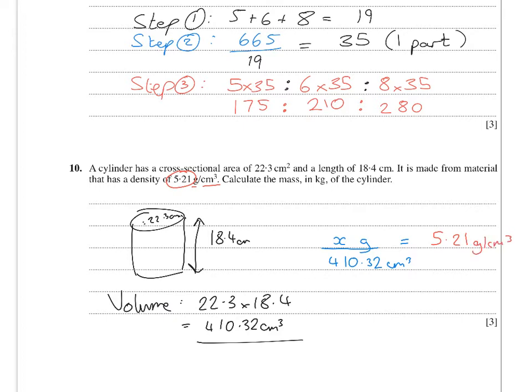Okay, now forget about the units, this is more or less solving equations from here. So how do I get rid of a divide by 410? Well, I times both sides by 410.32. So times that by 410.32. So my next calculation, going into my calculator, 410.32 times by 5.21. Now that comes to a really big answer. So this answer, this x in grams, is equal to